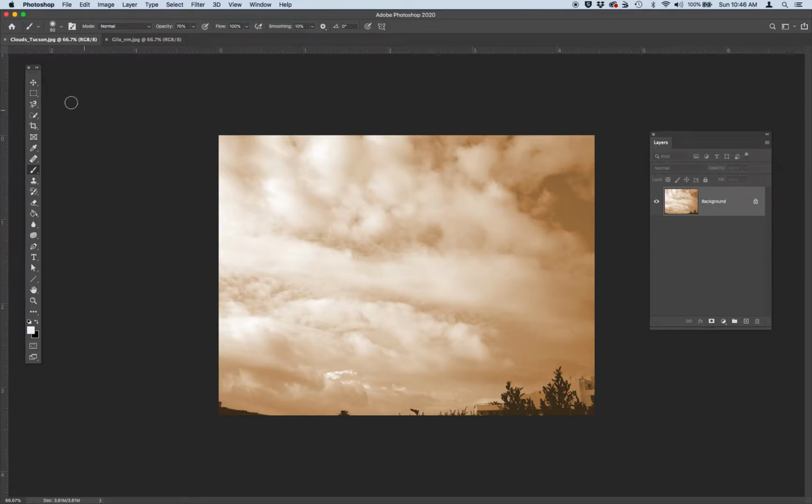All right, this is lesson 3. We're going to do a little bit more practice of creating a layer mask with the brush tool. So go ahead and open up 2 images that I have prepared for you. One is called cloudstucson.jpg and the other is called agila.newmexico.jpg. Let's go ahead and view,